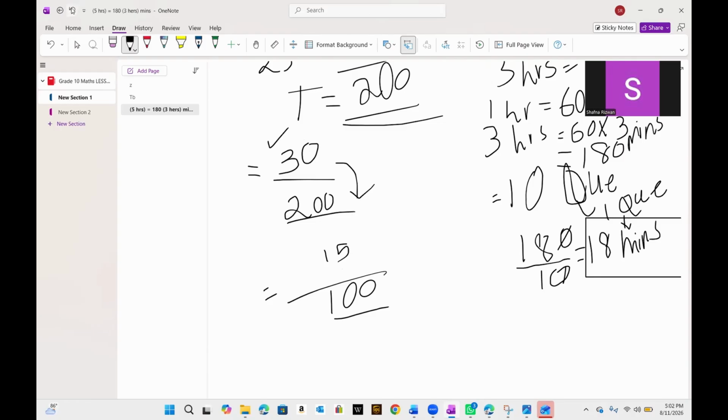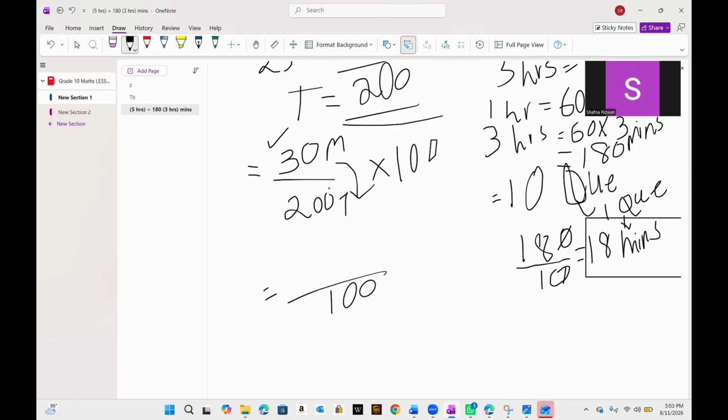Otherwise, if you want the proper formula or equation, you take 30, the marks you obtained, out of the total marks 200,